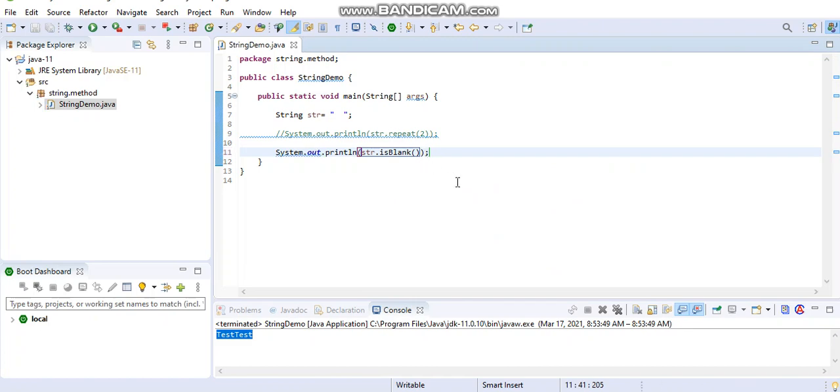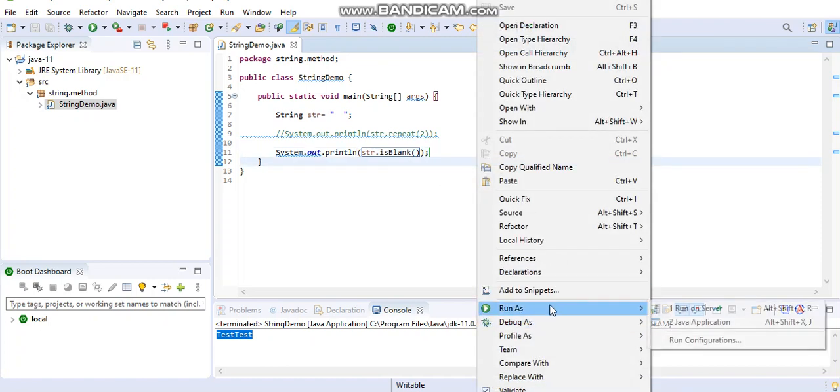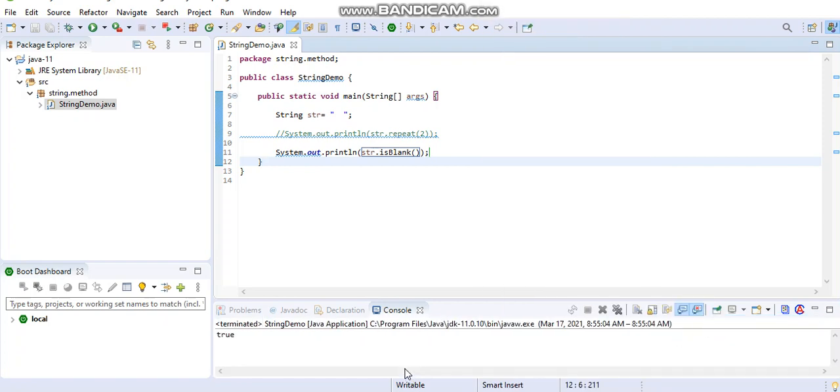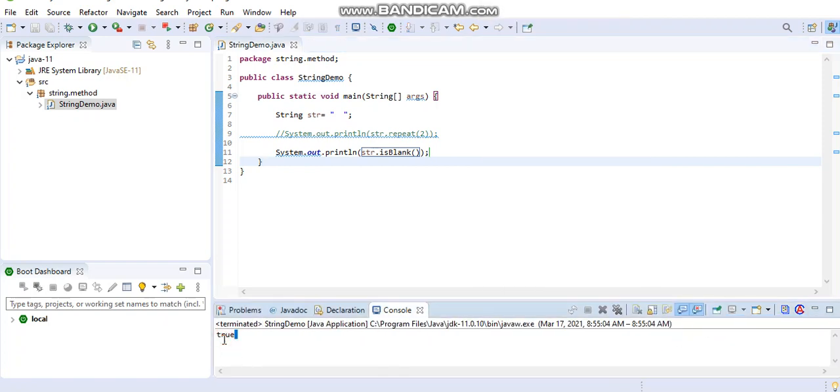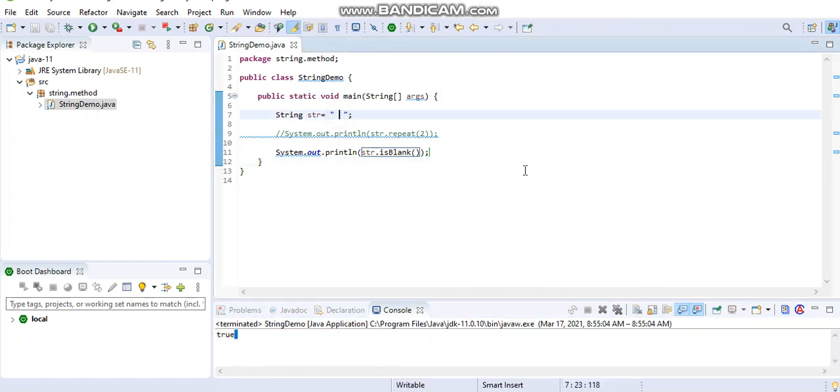It will return true or false based on the string. If it is blank, then it returns true. If it is not blank, then it returns false. We will check the output now. You can see it returned true because this string is blank.